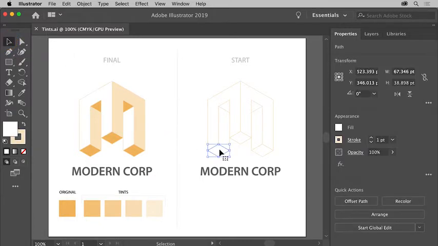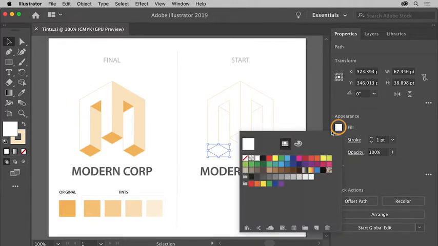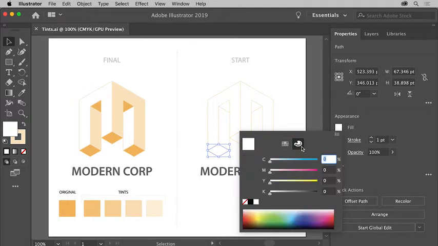To change the fill color, in the Properties panel on the right, click the fill color, and in the panel that appears with the swatch option selected, we could apply a default color called a swatch to the artwork. But in this case, we'll create a new color by mixing it. Click the Color Mixer button at the top. You can mix a color using the color sliders here, which for this document represent the typical inks used for printing. And those are cyan, magenta, yellow, and black.